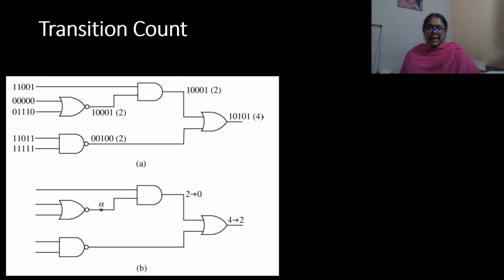So the main advantage of the transition count is that it is not necessary to store the correct response sequence or the actual response sequence at any test point. Only the transition counts are needed. This results in a reduction of the data storage requirements, but this data compression may give rise to fault masking errors. This is because most transition counts correspond to more than one sequence.